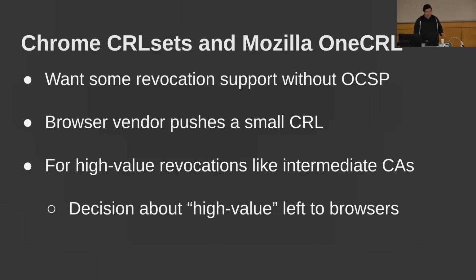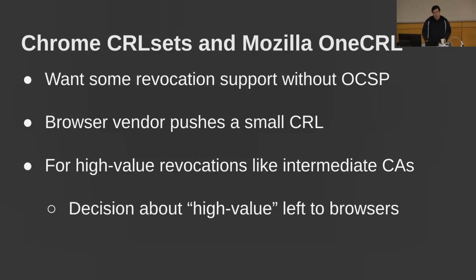That support an out-of-band revocation mechanism. The browser vendor is using the same CRL format, but they're pushing it to their browsers directly. As I mentioned at the start, CRLs are too big to push the complete set. So the browser vendors themselves are sort of doing this calculus about what is a high-value revocation and what do